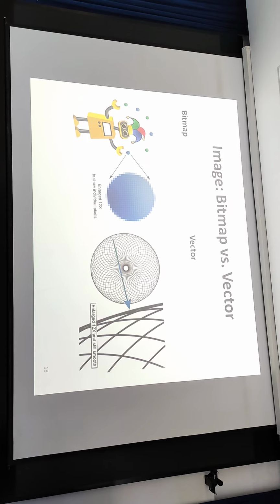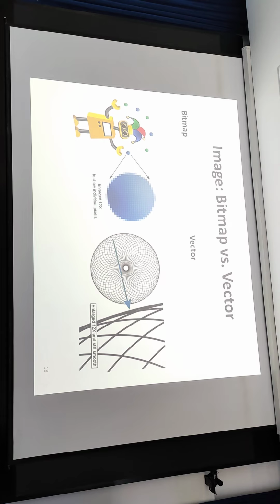Drawing a curve in a small space like this one, or drawing the curve in a larger one, is still very smooth, as smooth as the resolution of the screen. So that's why the quality of the vector image is not degraded when we zoom in.